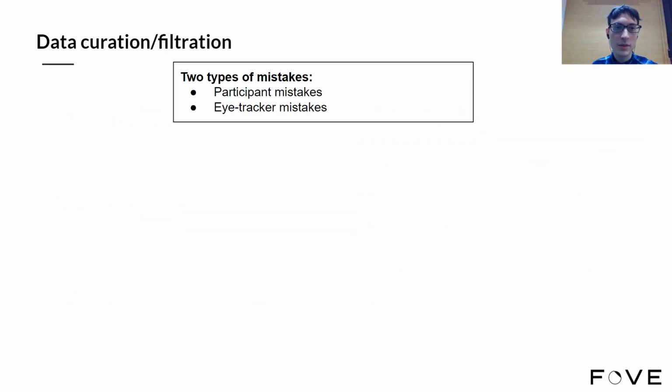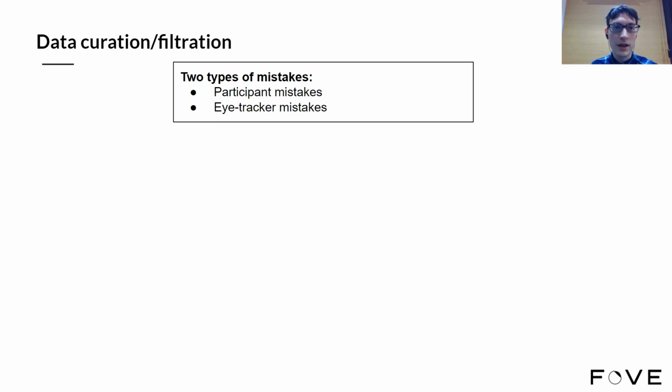Since the operator has limited control during the data collection, there is no guarantee that participants are looking at the target when pressing a button. In fact, we observed many cases when participants could not find the target because it was out of field of view, but the participant mistakenly pressed the button as if they were looking at it. We will refer to such mistakes as participant mistakes. Such mistakes bias the benchmark results and have to be detected and removed from the dataset.